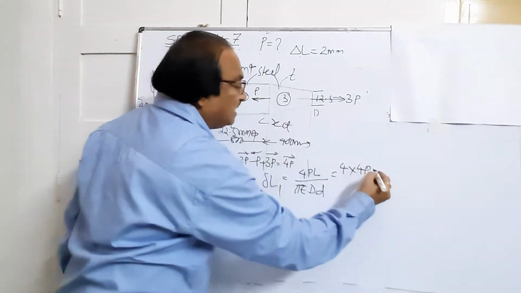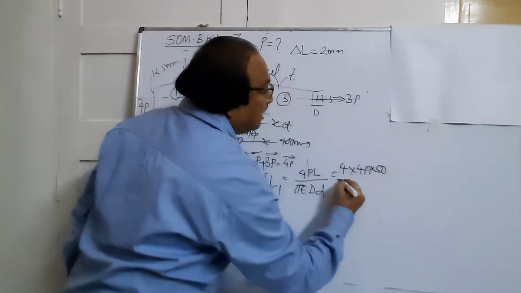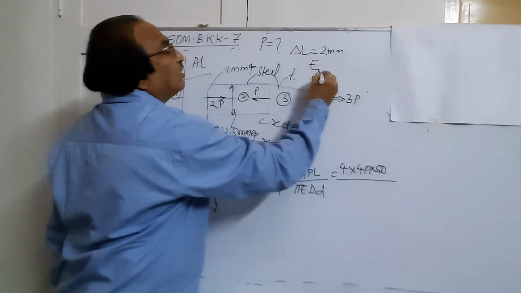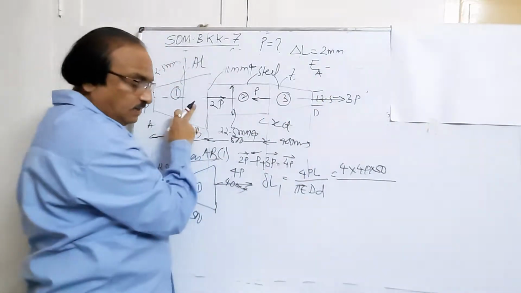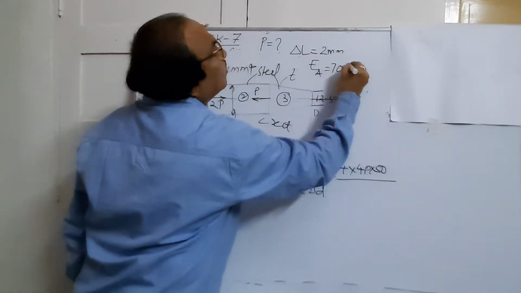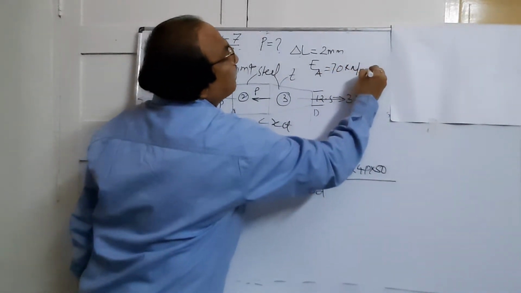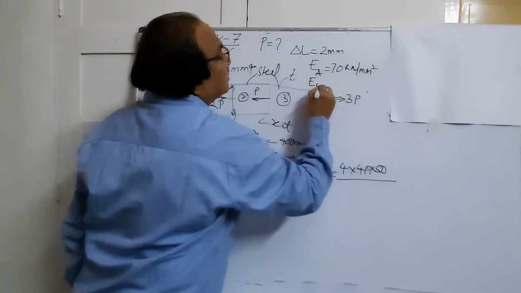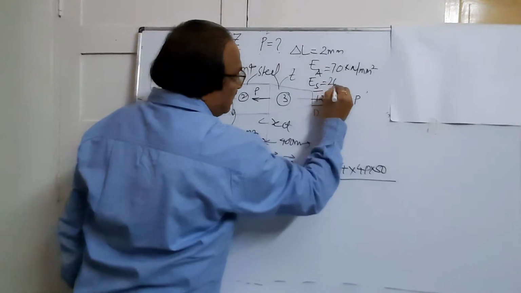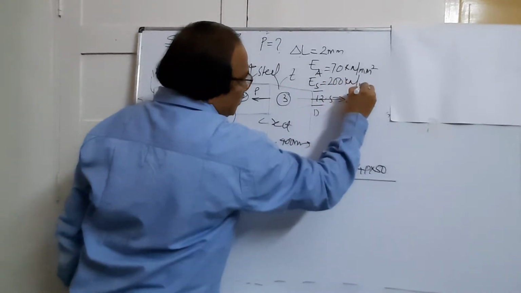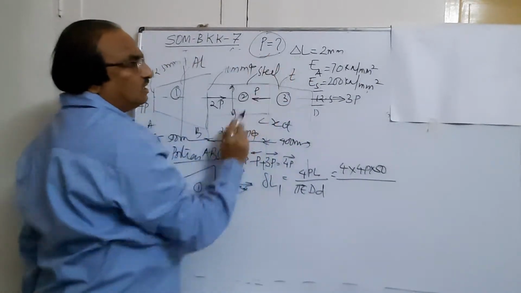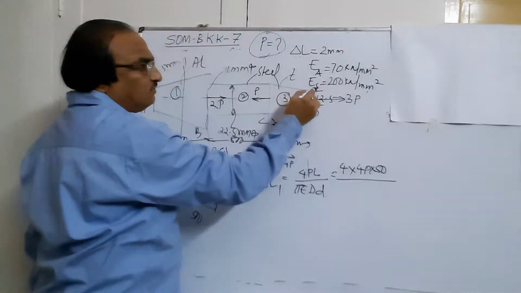So if I substitute that as 500 divided by, we are using two types of material. Modulus of elasticity for aluminum, AL, it is given by 70 kilonewton per mm square. Whereas the modulus of elasticity for the steel is given as 200 kilonewton per mm square. These are the values given to you. So you are finding out P in this, given total deformation, given EA, given ES.